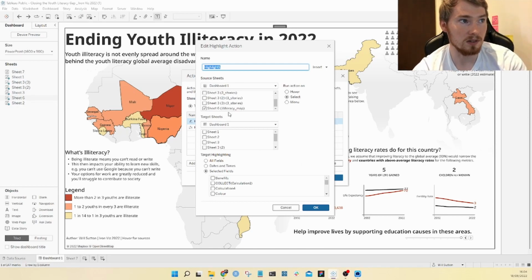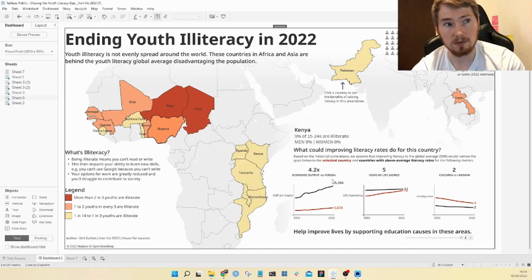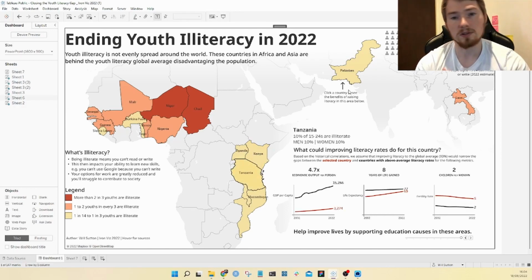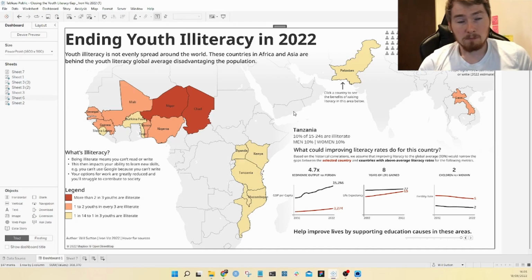We are going from one sheet 6 to another sheet 6, and we're tagging F, which is false. So anything that has that field associated will not be highlighted when it's clicked, which is exactly what we want, because otherwise this becomes very challenging for my audience to read, which I don't want.